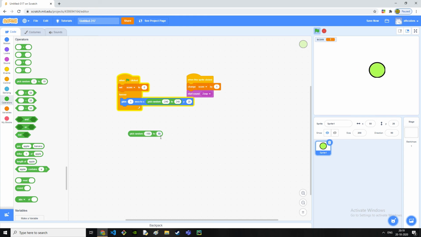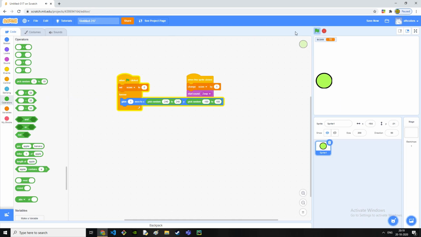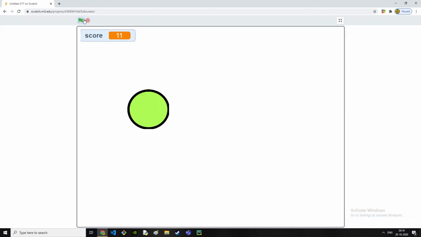Here type in the other one, 180. Drag it inside the Y, and here is the game. It's like this. And to enjoy this game, click on this thing, which will make it even bigger to play.